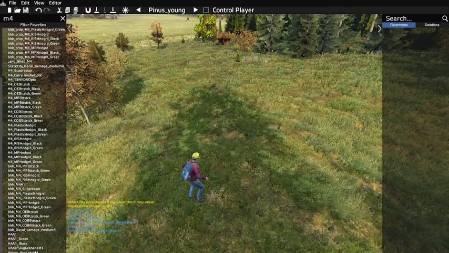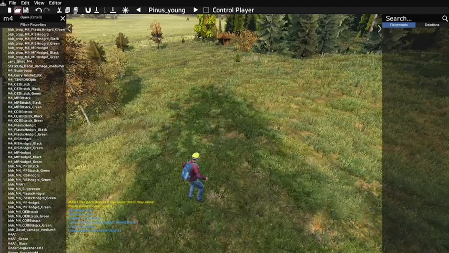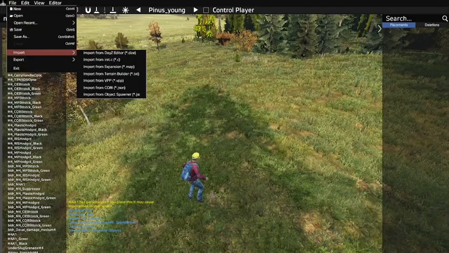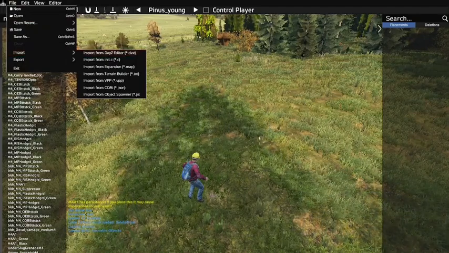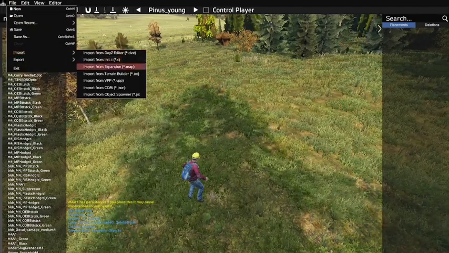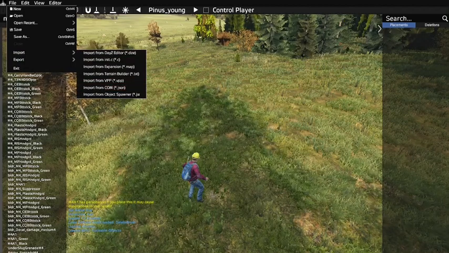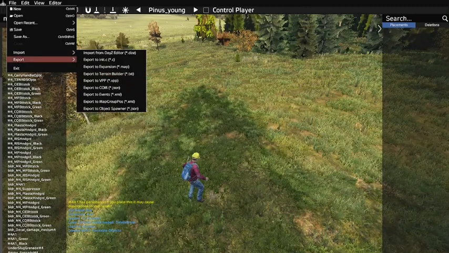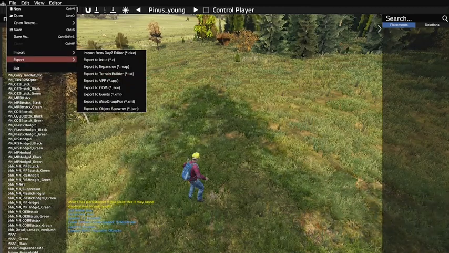Now if you want to import a file, you can come up here to File and Import. You can import from DayZ. You can import from JSON. You can import from Terrain Builder. And also export. So say you want to